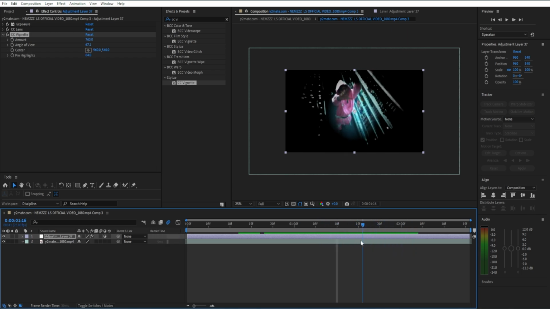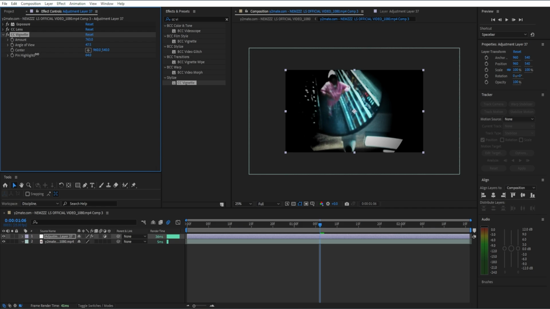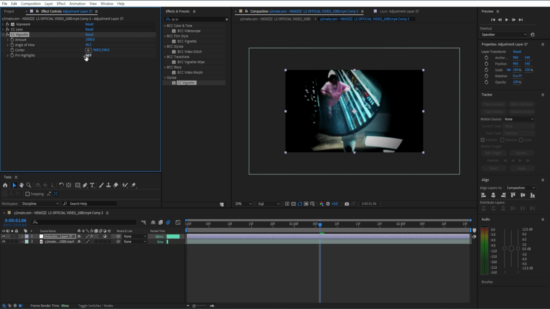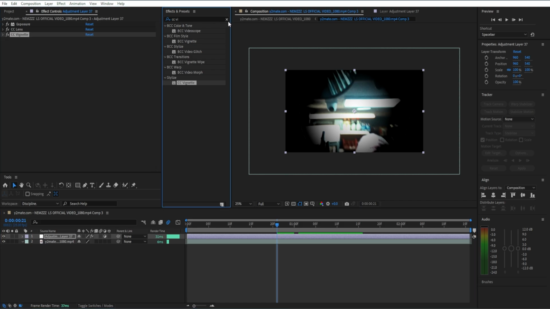And if you really want, you can also just bring down our angle view right here, then our amount, and it just really depends on messing around with it. Maybe increasing or decreasing our pin highlight a bit. Once after that, we're going to close out CC vignette, and then for the next effect we're going to add